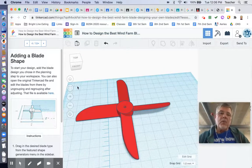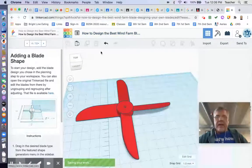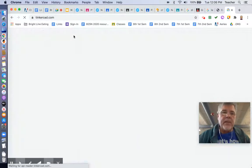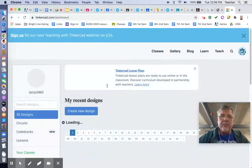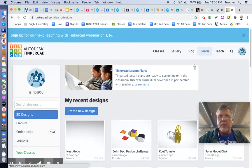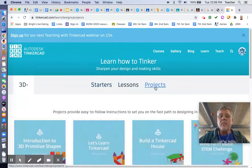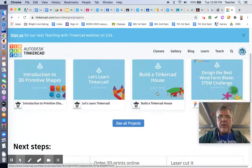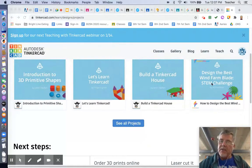But there are also several other designs, and I'm going to show you those now. They each have their own techniques, but basically you'll see the same types of things. So I'm going to go to Learn, and I'm going to click on Projects. And then you'll see here, there's a lot of different projects that are available. Here's the one that I just showed you. I'm going to go back to that one in a minute. But if you click on See All Projects,